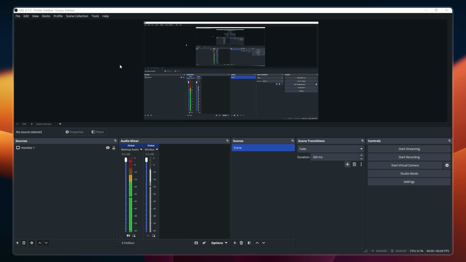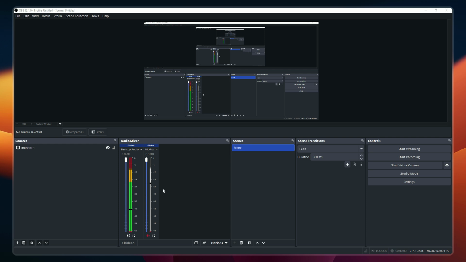First, open your OBS app on your computer. Once the application launches, direct your attention to the audio mixer section. This is typically located at the bottom of your OBS interface and displays all your active audio sources. The audio mixer is where all your sound inputs are managed, so it's crucial to check this area when dealing